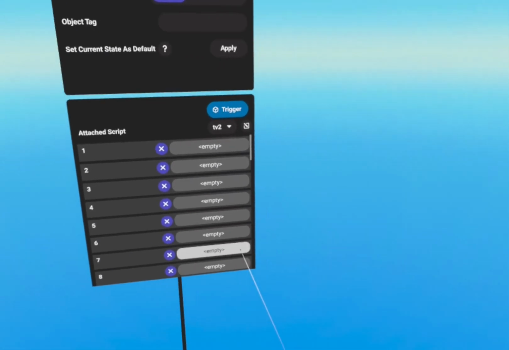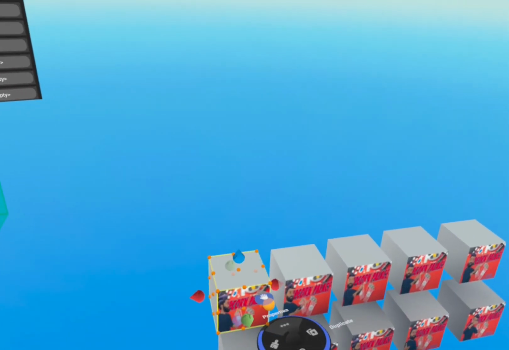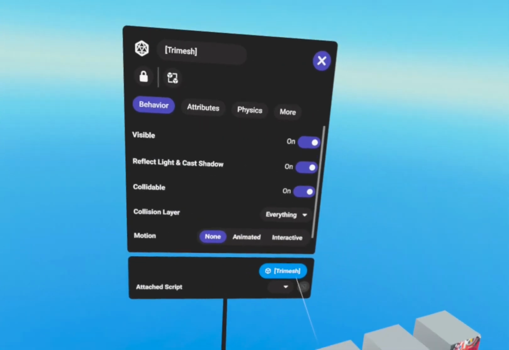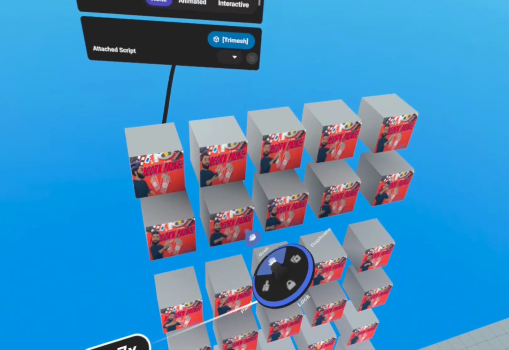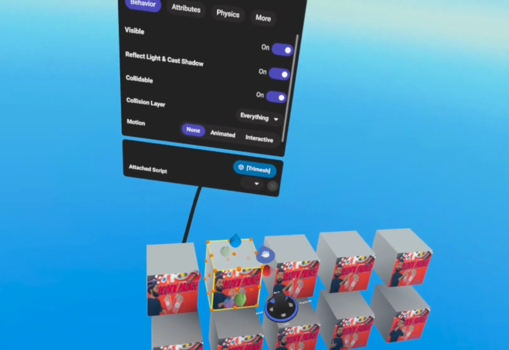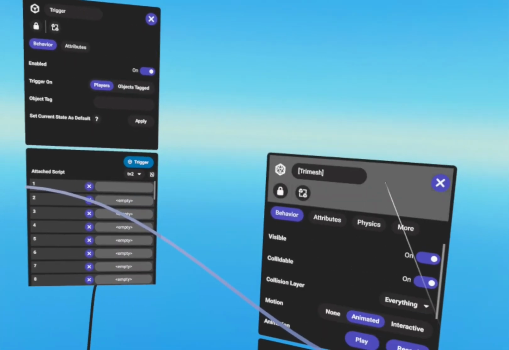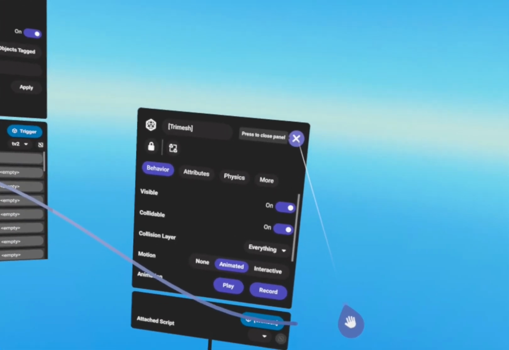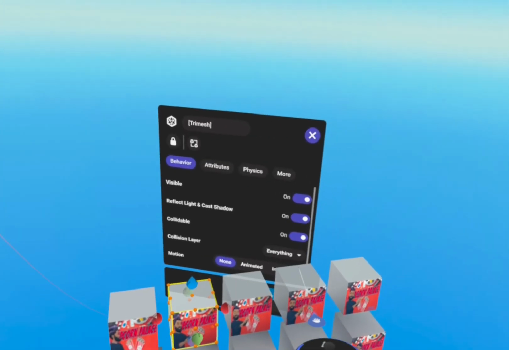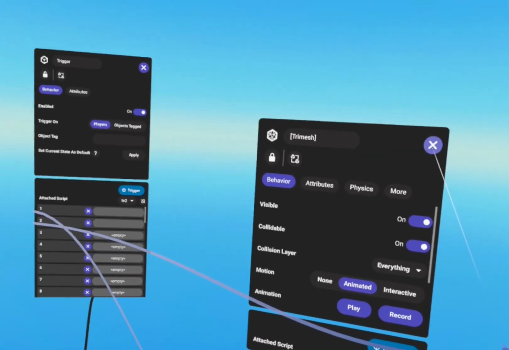So now all we have to do is grab our number 1 cube here, and we're going to attach it to our number 1 variable reference. So we're going to grab cube number 1, attach it to reference number 1, close that up, and then we're going to do our cube number 2, attach that to our reference number 2, and so on